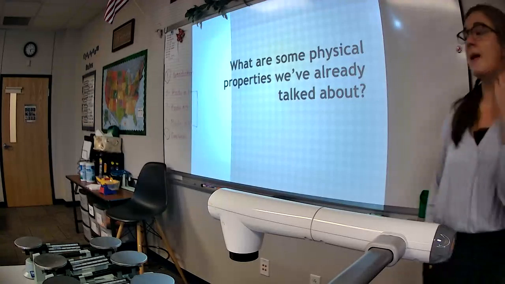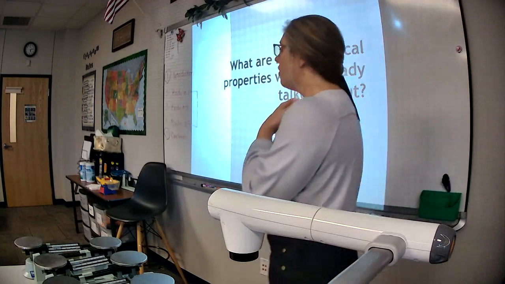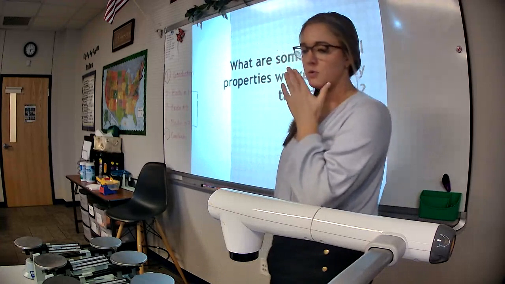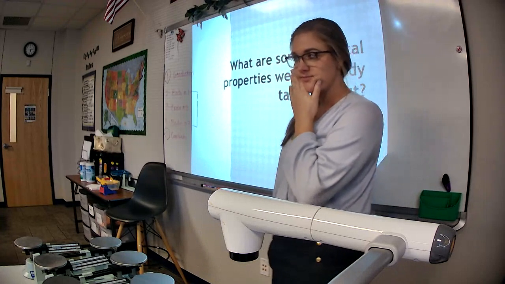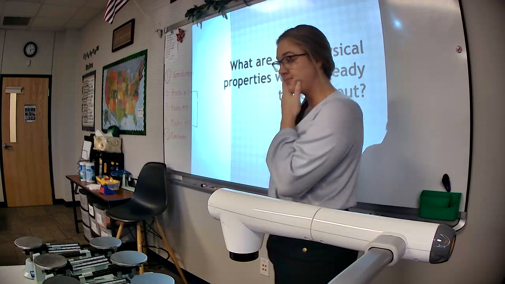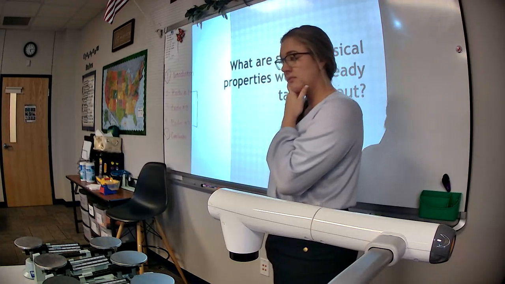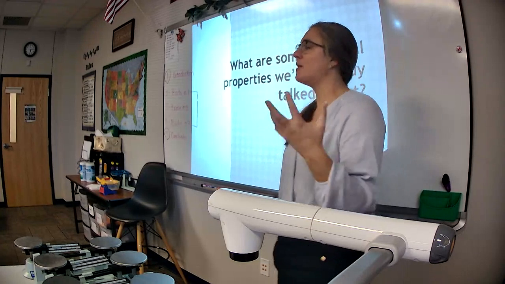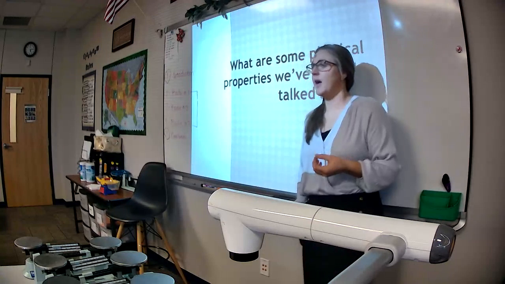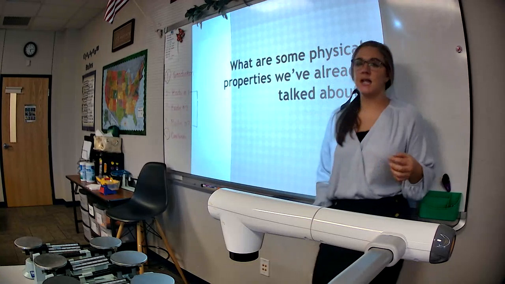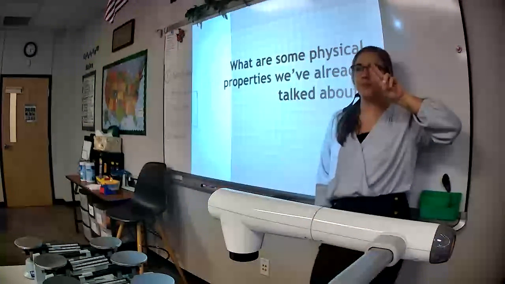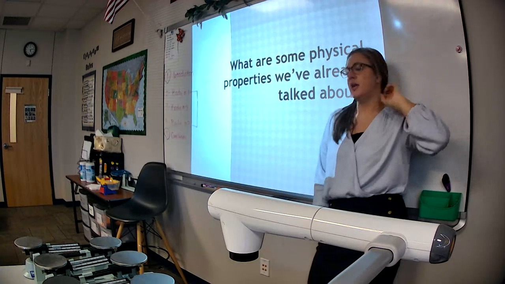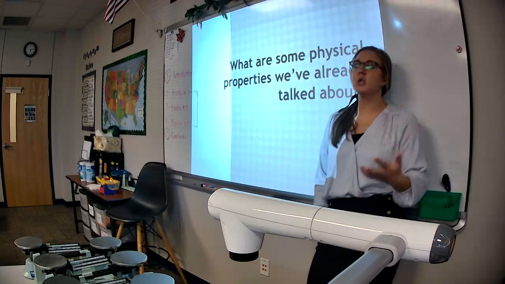Yesterday we also talked about the mass of the matter. Okay, what is mass? Look at your notes. What's our definition of mass? Jasmine? The measure of the amount of matter an object contains. Very good. When we're measuring the mass, we're seeing how much matter is in the object. What do we use to measure mass? I gave you two types yesterday. Landon? Good. A regular balance or a triple beam balance.